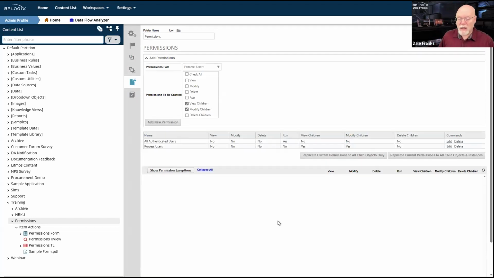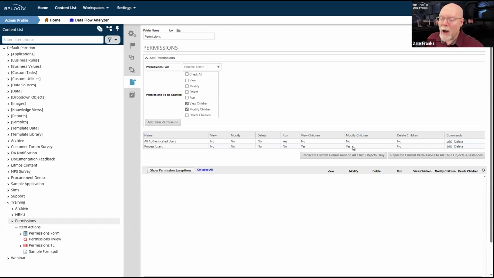And I can just click add new permissions. And now I've got a pretty tight permissions schema by default. Again, we're pretending that we are setting our default partition here, not that we're setting a subfolder, even though we are. So all authenticated users can run an object, and all process participants can view children, form and timeline instances, and document attachments.